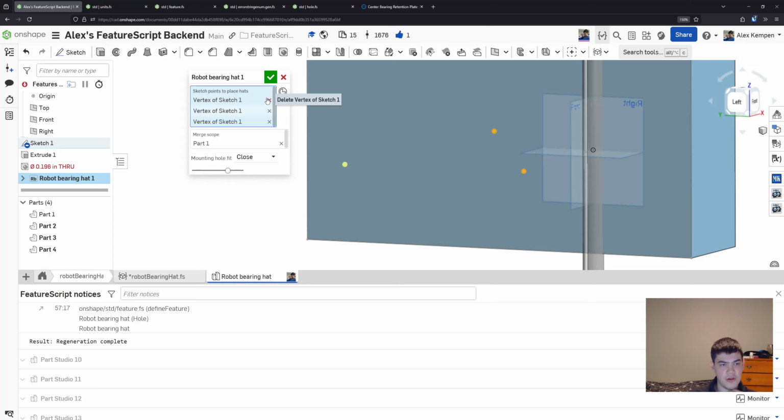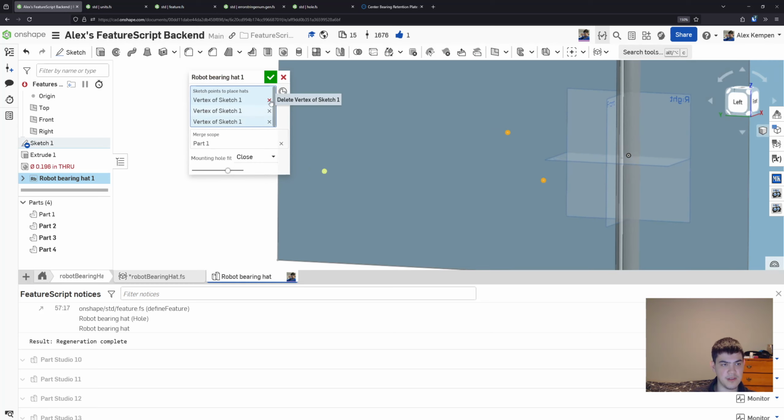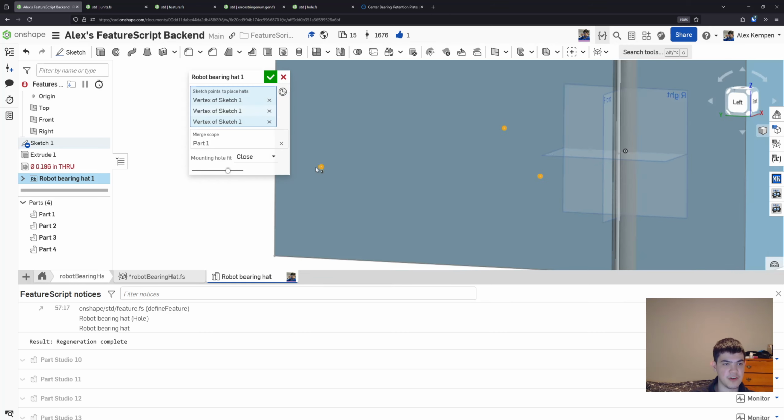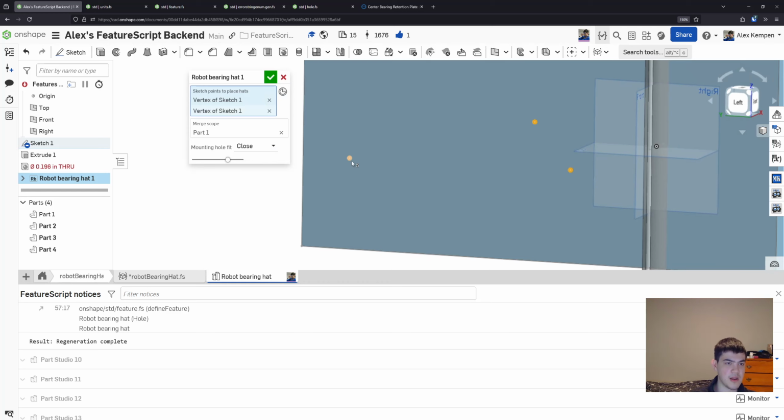And then I decide I no longer want this one. So if you think about how the code iterates over this list, whatever I had mated to my first one, when it gets deleted, the identity now shifts to the second one. So when I delete this, now this is number 1 and this is number 2 and number 3 is gone. If I had a bearing mated to number 1, number 2, and number 3 in the assembly, when I delete number 1,